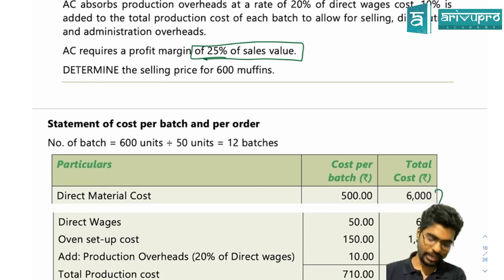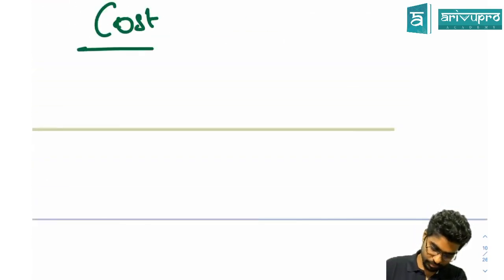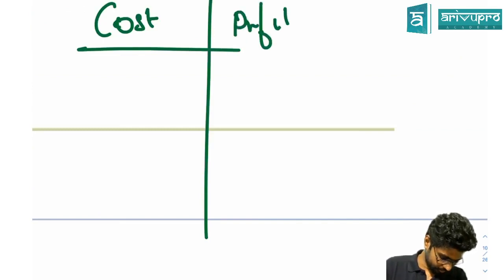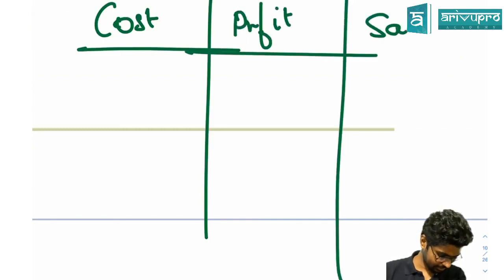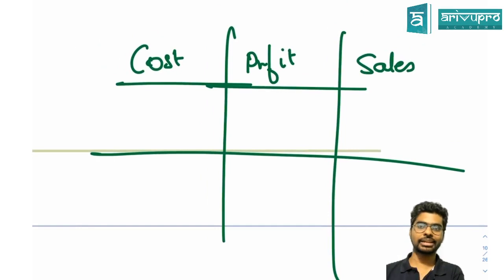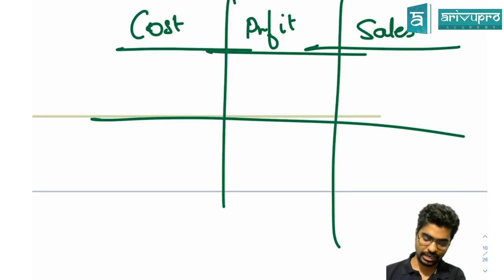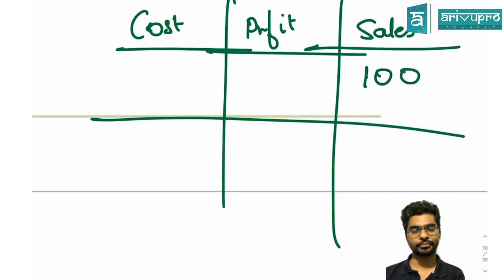Others look into it. Whenever they give you 25% of the sales value, logic is simple. Do this: cost, profit and sales. Whenever they say, guys, I understand, please follow this method because it's going to help you guys in the future. I don't do anything for the current, it's all for the future. Look into it. Whenever they say profit is on sales, consider your sales price to be 100. Consider your sales price to be what? 100. Therefore, what is your profit?